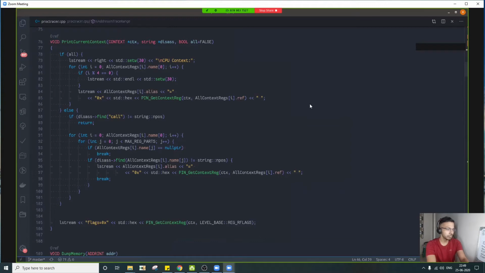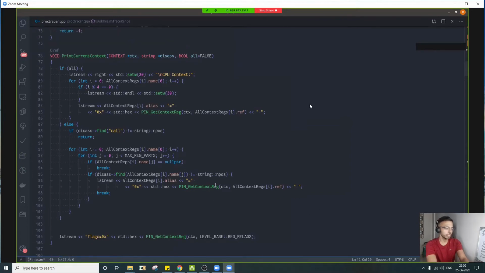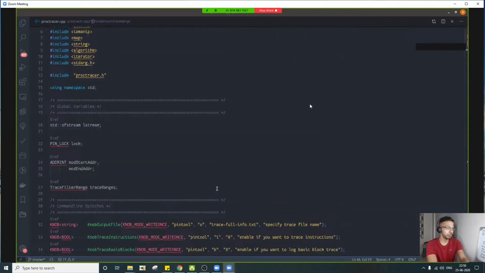Otherwise, I think I have already put part of the source code online. I have just made a few improvements on formatting and all, and made it compile on both Windows and Linux. I'll be uploading this to GitHub. Absolutely, you just share it, I'll add it in the video description. That will be great.